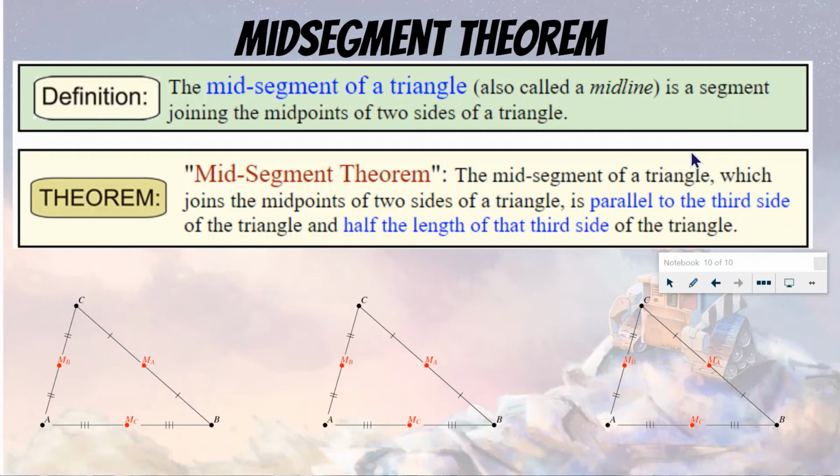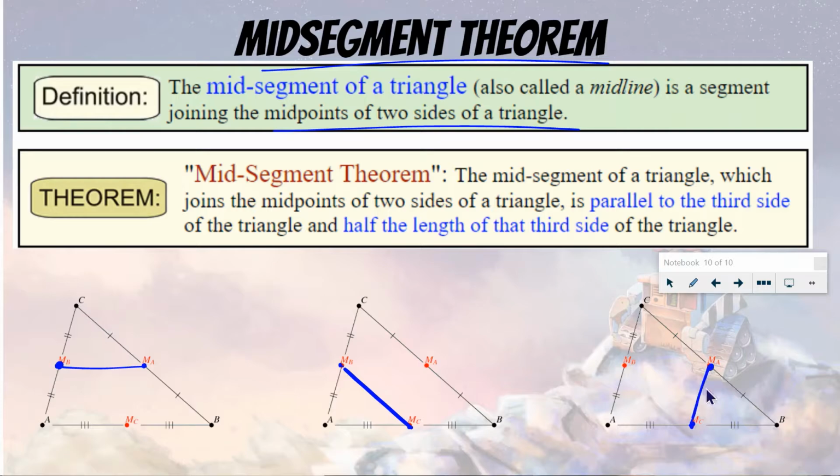So here we're going to be talking about midsegments and the midsegment theorem. A midsegment joins the midpoints of two sides of a triangle. So we have these two sides, connecting their midpoints creates one midsegment. These two sides, connecting their midpoints, creates another midsegment, and then connecting these two sides, their midpoints, creates